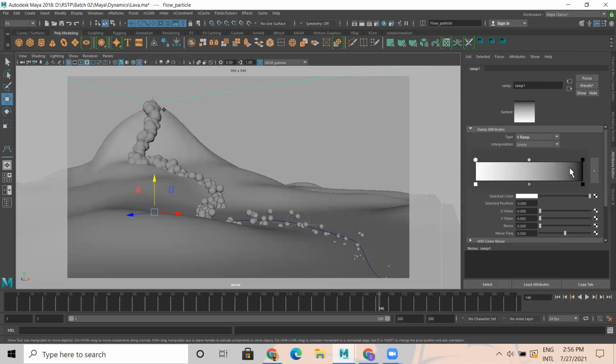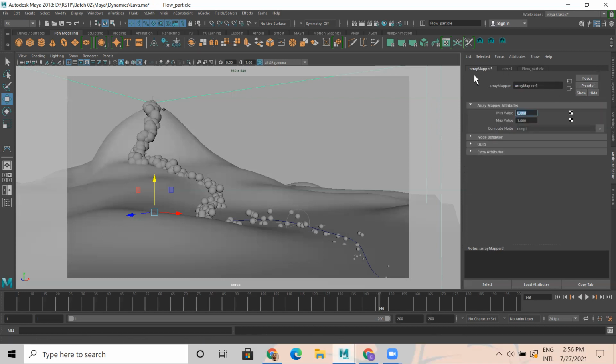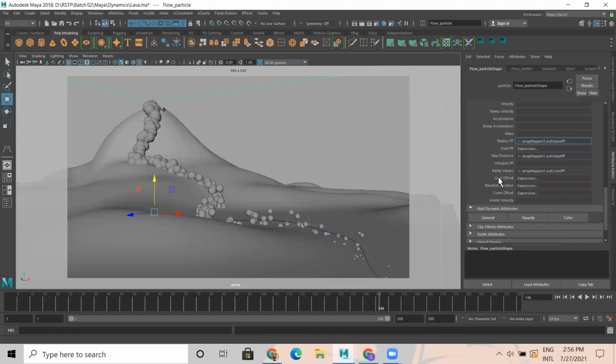So what I'll do, I take almost this color, click here, you get gray color, and I'm going to close this. So move it here, okay? Make sure your ramp is like this. Here white color, here gray color. Now you get array mapper. Where is this array mapper? You have this, right click.